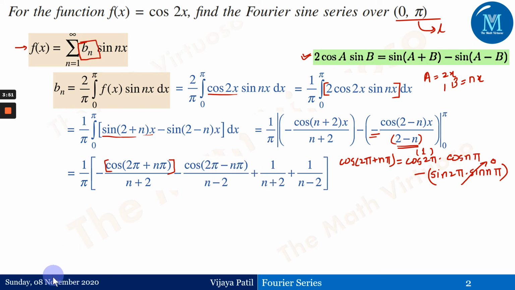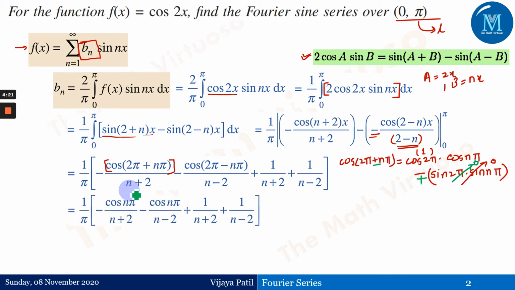Similarly, the same thing will happen. Let me explain that as well. Instead of cos of 2 pi plus n pi, we have here a minus. So where will the minus sign be? The minus sign will come here, and this is because of the expansion, we have plus over here. There would not be any change in the terms. Again, the second term would move to 0 in the second expansion as well, and therefore cos of 2 pi plus n pi and cos of 2 pi minus n pi remain the same value for this function, and therefore we have 1 upon pi minus of cos of n pi and everything here.